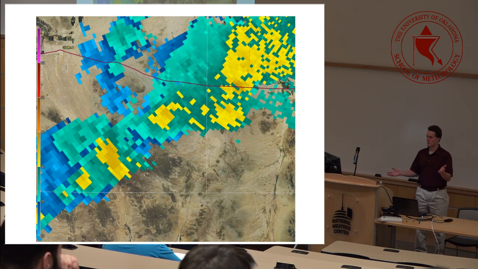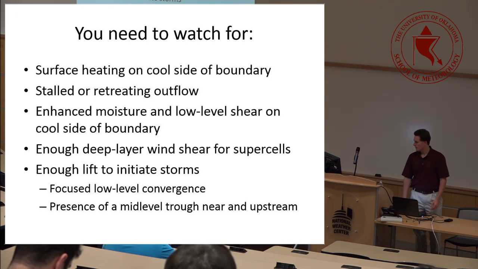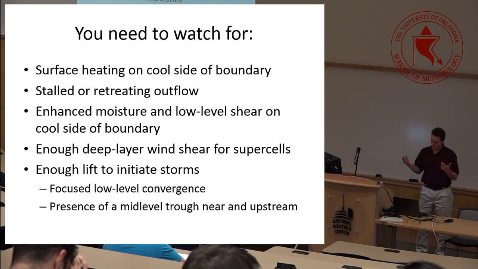And of course all over the central U.S. and eastern U.S. Occasionally you'll find these events. But by and large, Kansas, Oklahoma, and Texas are the most common areas for these outflow cases. So again, if you're looking at the outflow and you want to see tornadoes with these events, you want the